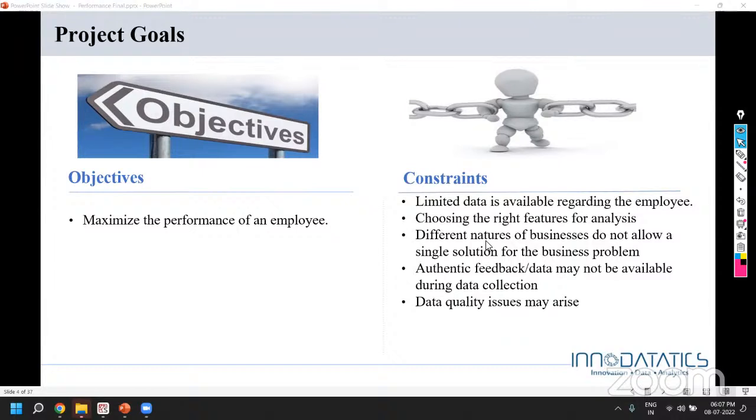Of course, the approach that we have taken is to segregate the business based on the domains, and based on that, we try to develop the model specific to each sector separately, because the variables, the features that we had to choose were slightly different for different sectors. Though, as part of our discussion here, we'll not be going into the details of other domains as well. But at a high level, we will be showing you how the code has been developed with respect to doing some predictions on the performance of the employee.